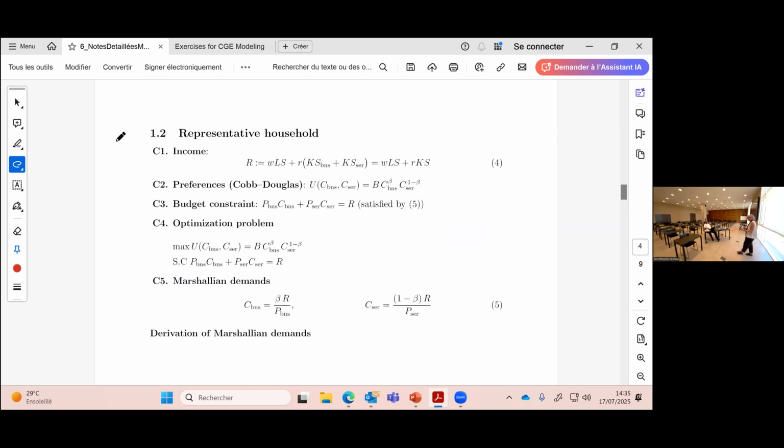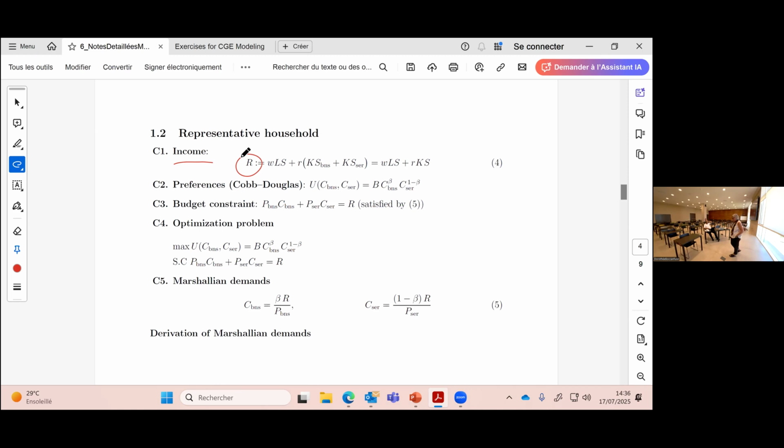And now we look for the representative household problem. Then we have, by definition, the income of the household. Here we don't have an index because we have only one household, but you can imagine that we can add an H, for example, for household, in a more consequent model, such as the one that you will see on Thursday next week. Then here we have no index. The income of the household is equal to